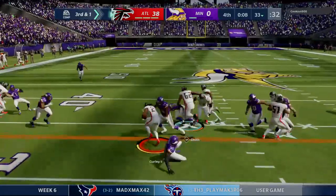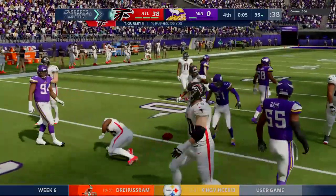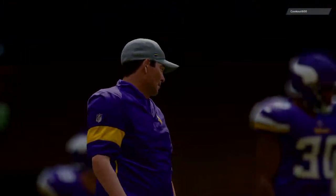Back to the workhorse today. It's Gurley. And he's going to have the first down yardage to the 35. It'll be a pickup of just 2, and it'll result in a fresh set of downs. So time